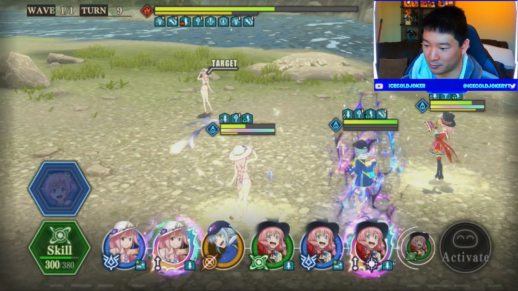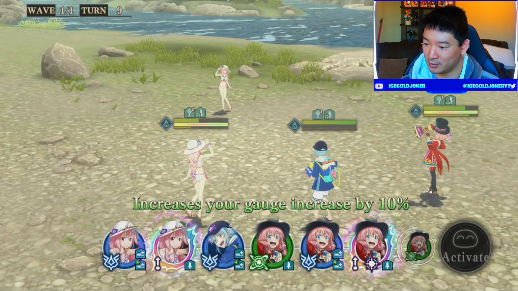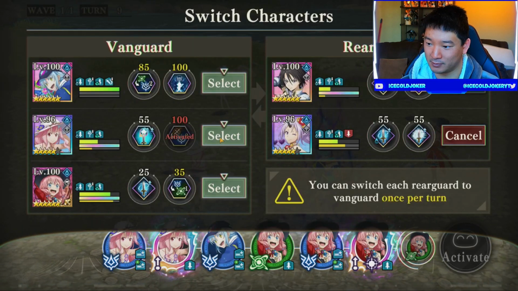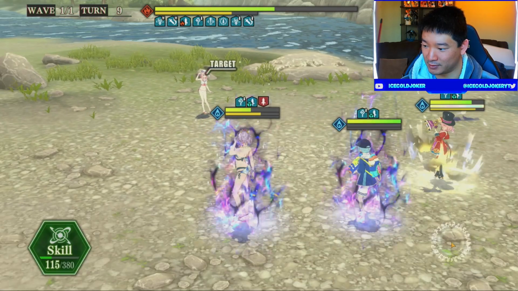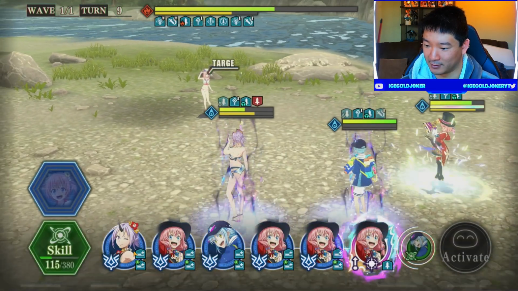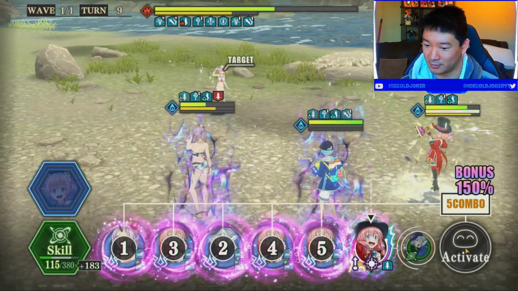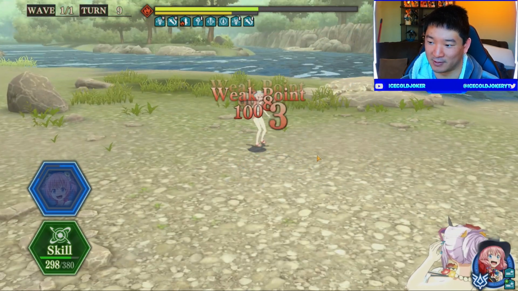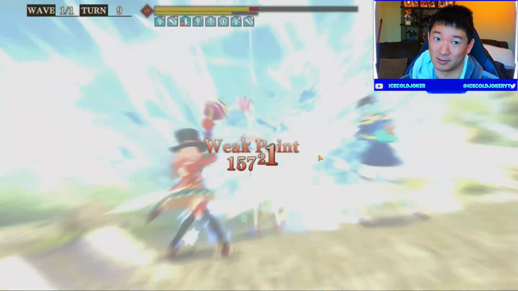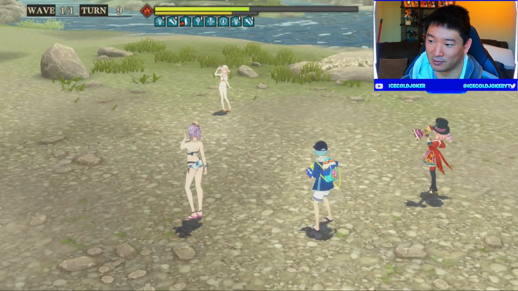So we have another green incoming. So let's use the orange here. We'll get Shuna out. And then we'll use the green orb change here. Alright. So yeah, now we should have the ult. Alright, the 2 was enough. Cool. 183 skill points. That should be enough to use everything, because we've got 165 plus another 25, so...